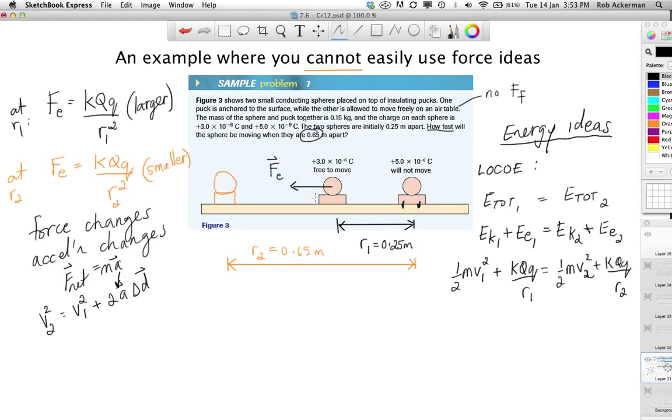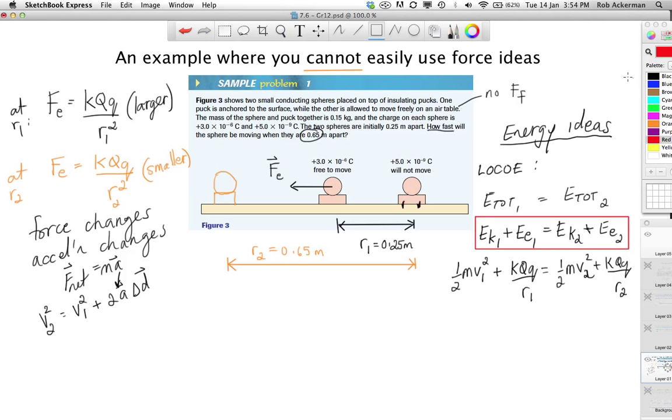All right? Now, at this point, you're probably going to say, oh, I see how this is shaping up. Initially, this is not moving. I believe it says somewhere in here that the sphere is initially at rest, and then it is released and starts moving. So yeah, we're going to make a half m1 v1 squared equal to 0, but before we do that, I want to point out something that we're going to need to use in a later example, so bear with me here. If you look at this formula right here, the one that we had just one line ago,